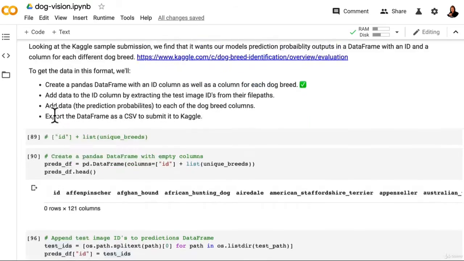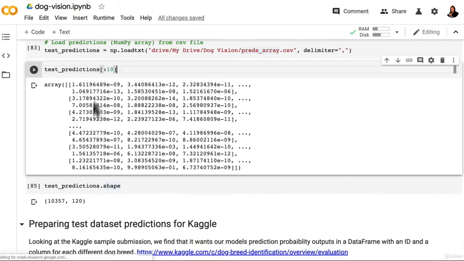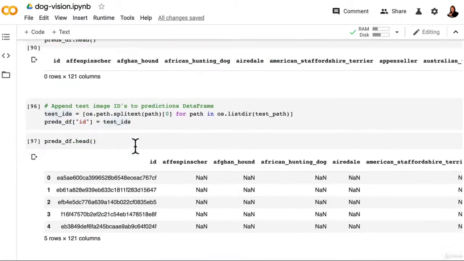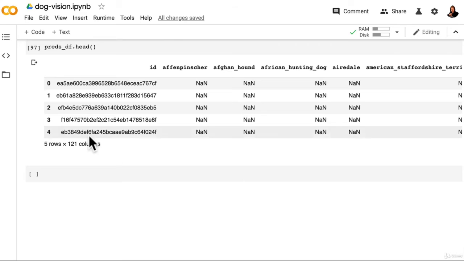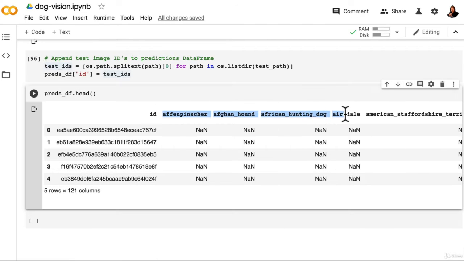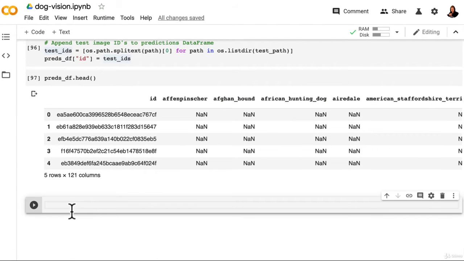What do we have? We have test predictions, which is an array of prediction probabilities. And what do we have that's a list of different dog breeds? We have unique breeds. Of course we do. So add the prediction probabilities. This is getting exciting. We're getting so close to being able to submit our first full-blown deep learning model to